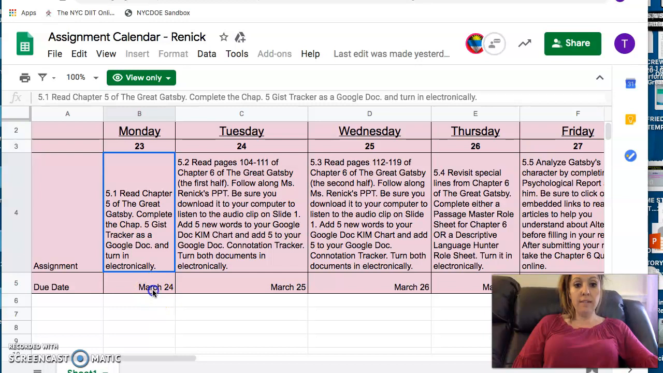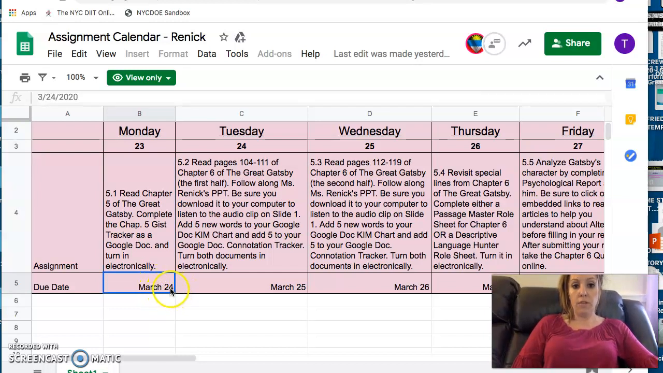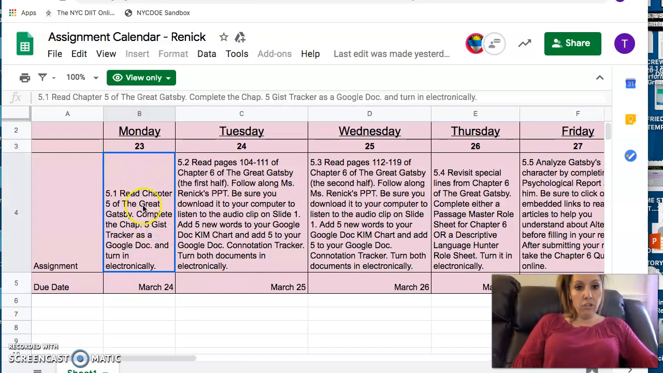So I noticed that I still have a chance to get yesterday's assignment done because it's due today, March 24th. So it says I need to read chapter 5 of The Great Gatsby and complete the chapter 5 gist tracker as a Google Doc and turn it in electronically. Okay, so that's my first